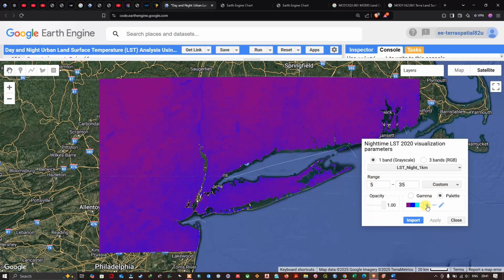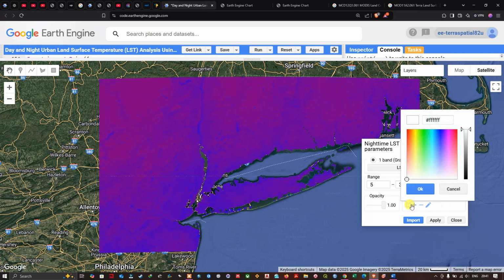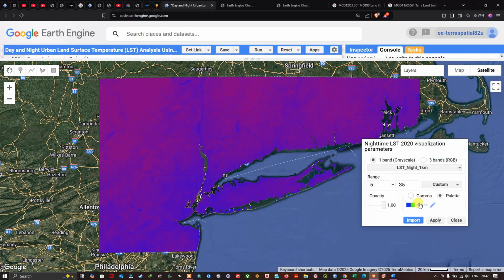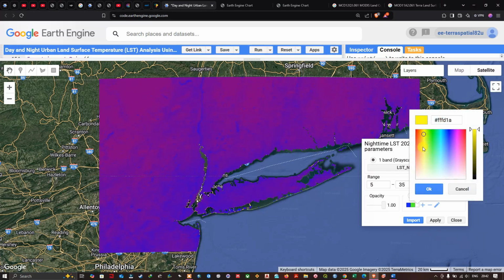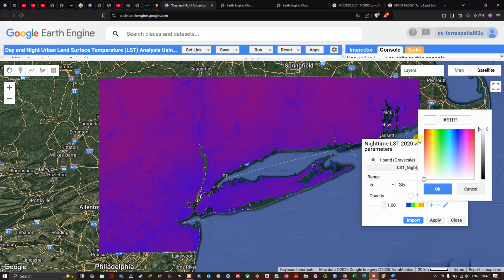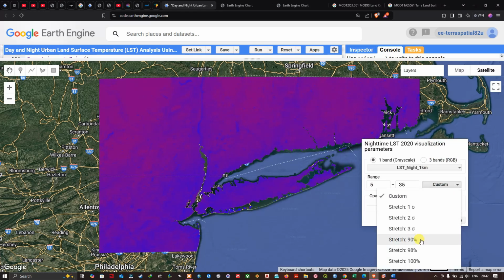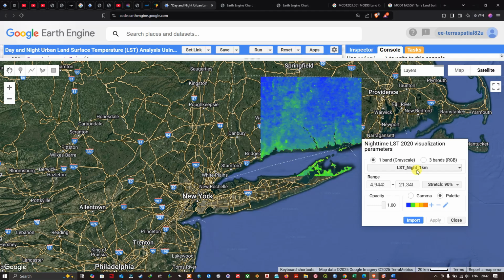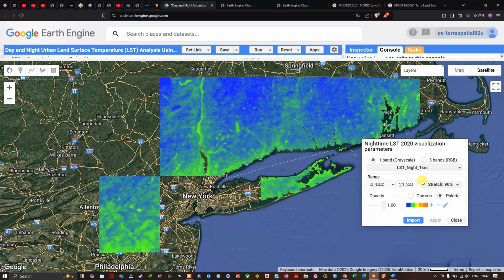Also, we're going to adjust some values here. For example, I'm going to remove these values. We're going to specify the first value to be blue, the second value to be green, the third value yellow, the fourth orange, and the last, the highest temperature, we make sure it will be shown in red color. For the stretch type, I'm going to select stretch 90%. Once you have done that, we're going to click apply, and let us visualize the land surface temperature during nighttime. So we can observe here